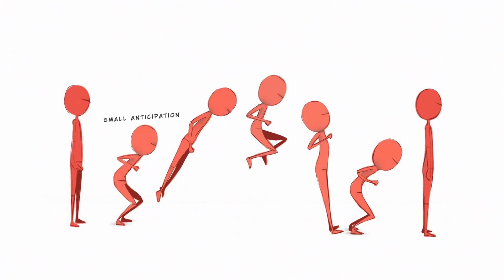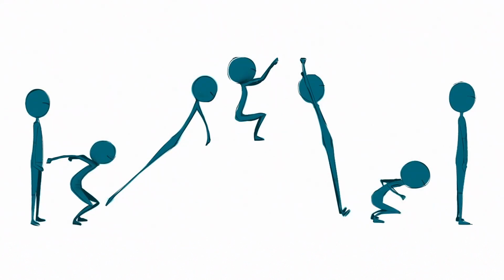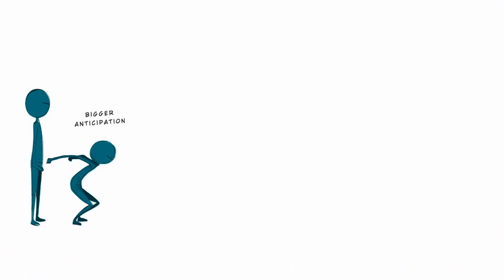In this example, we can see a normal jump and this other one more cartoony and exaggerated. If we compare the two jumps, we can see that the first one is more close to reality. There's a small anticipation. The jump distance is not so long, so this is very close to how a real jump looks like. In this other version, I made a bigger anticipation. The hip goes much more down and the arms raise more. Then I overstretch the body during the push, especially the legs and the chest.